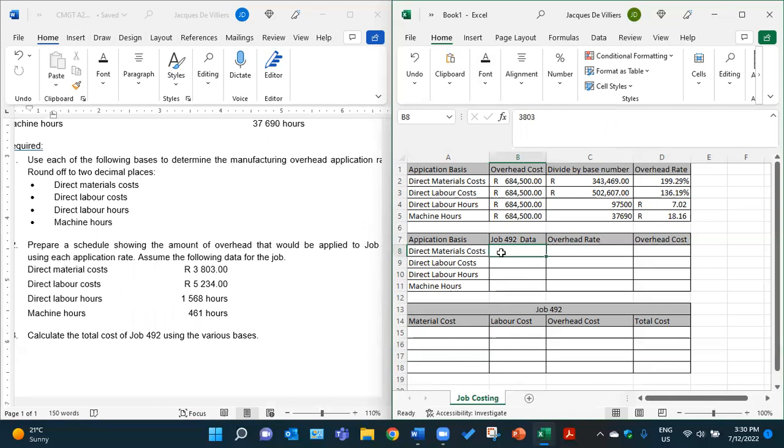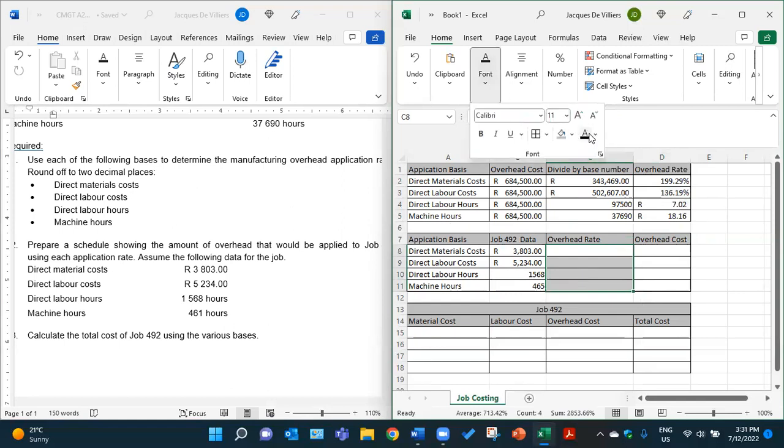So direct material on job 492 is 3,803 Rand. The direct labor cost on this job is 5,234. The direct labor hours is 1,568 hours. It's a big job. And the machine hours, that is 465. Now we multiply this data for the job with the overhead rate that we already calculated in the previous